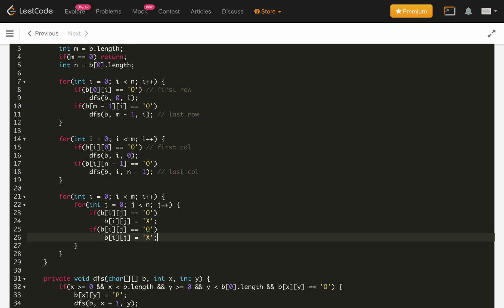Another thing, we have to replace back our P: if this character is P, we replace it back with O, and that's it. So this is the implementation.